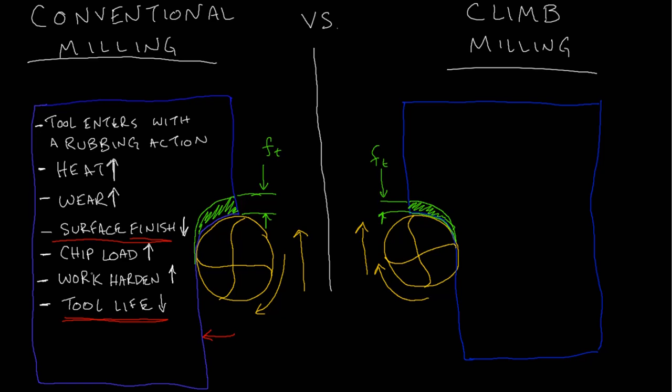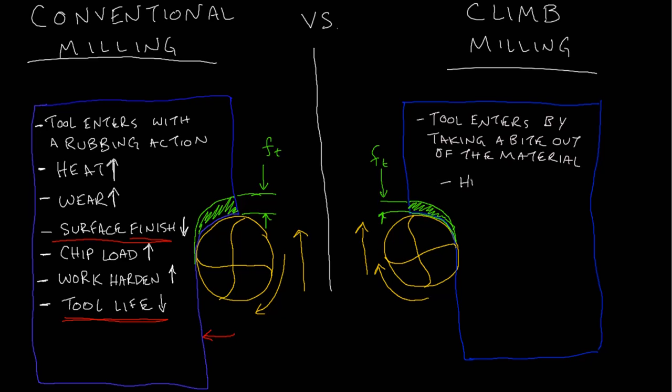So let's write down the key characteristics of climb milling. Instead of entering with a rubbing action, the tool enters by taking a bite out of the material. So that causes the tool to get a nice precise cut, and